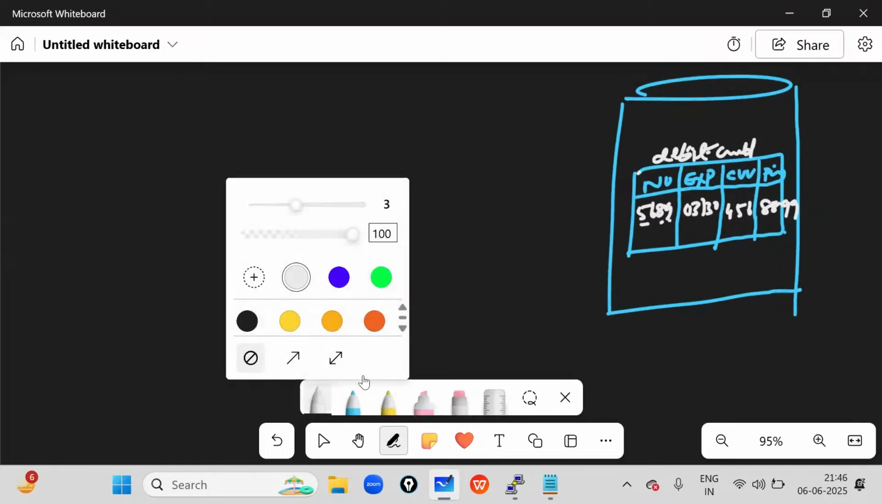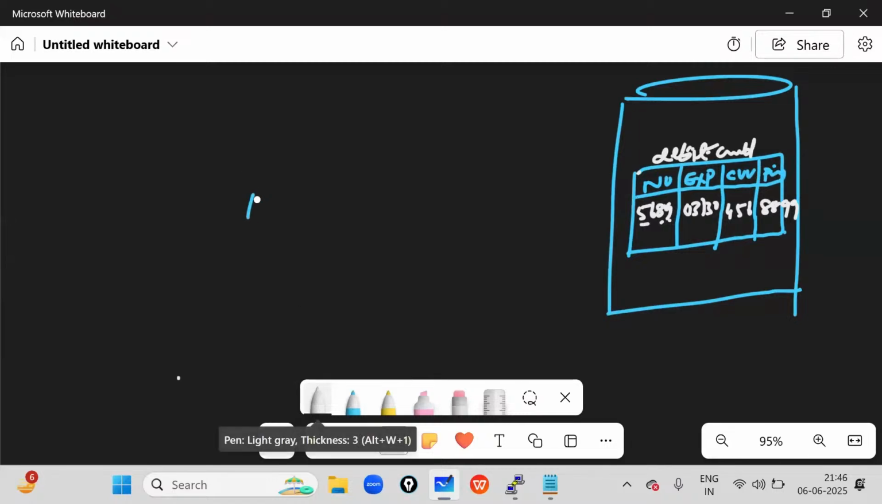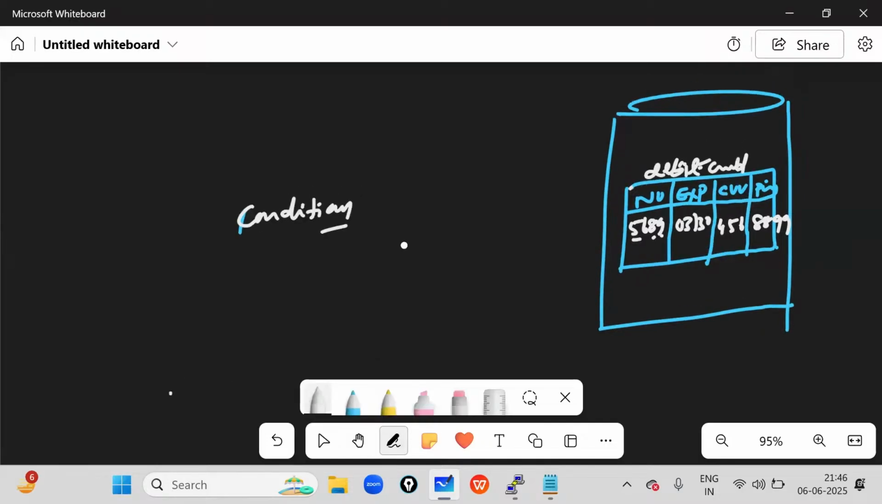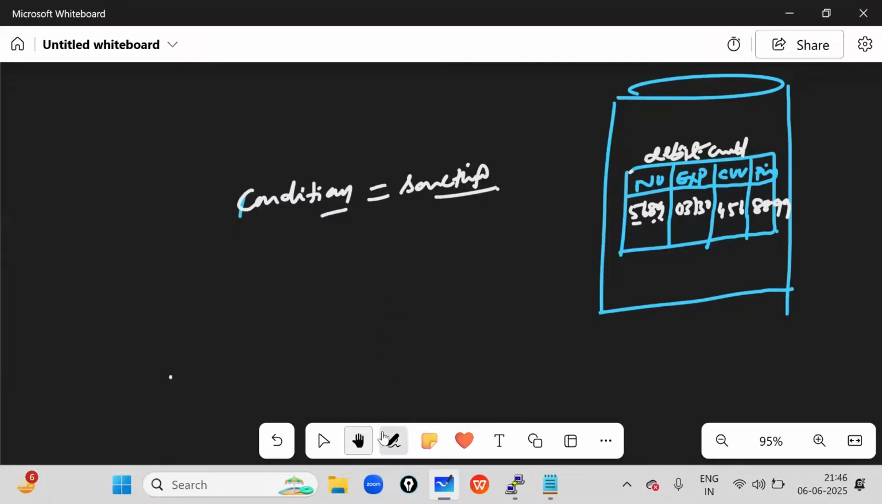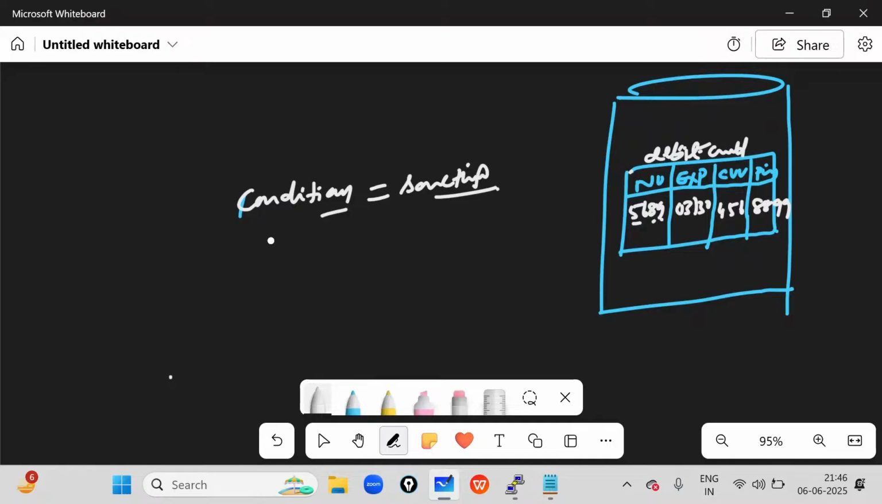That's it. Condition. That means what? Check the condition. Condition is equal to something. Sir, what is this, equal to something? I'll make you understand, no problem. So here, PIN is equal to something called